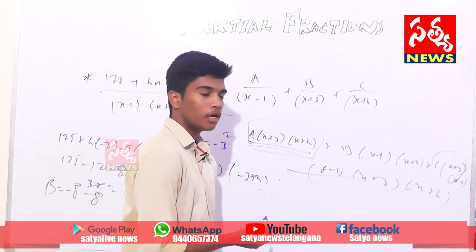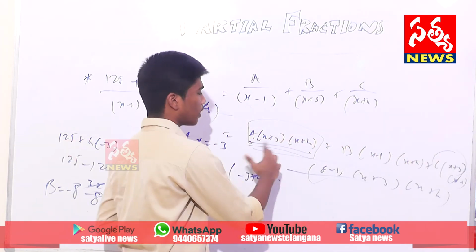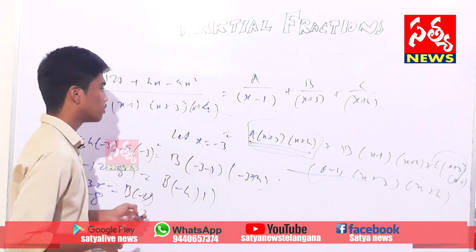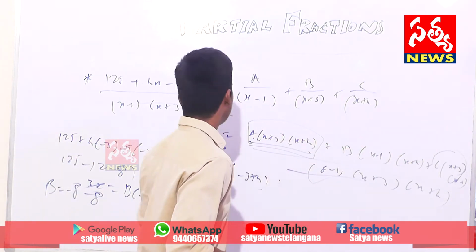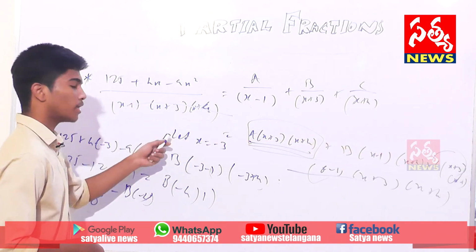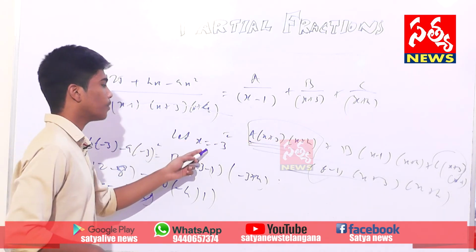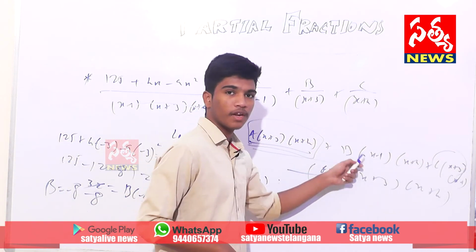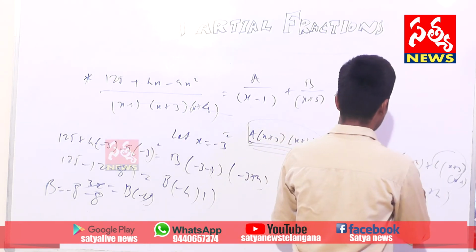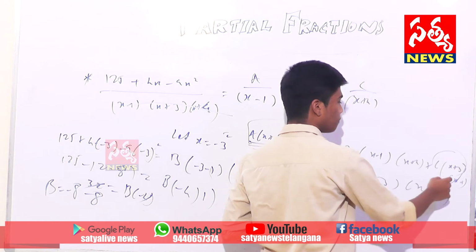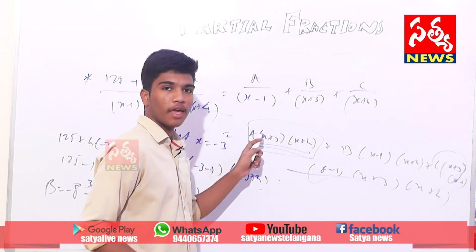In this way, it is easy to find the constants a, b, c instead of multiplying and then equating all. Here if you multiply and equate, we get 3 constants, which is very difficult to solve. This is the easy method. X equals, first of all, assuming what we require. If we require b, apart from the multiples of b, take the other multiples which are of a and c.